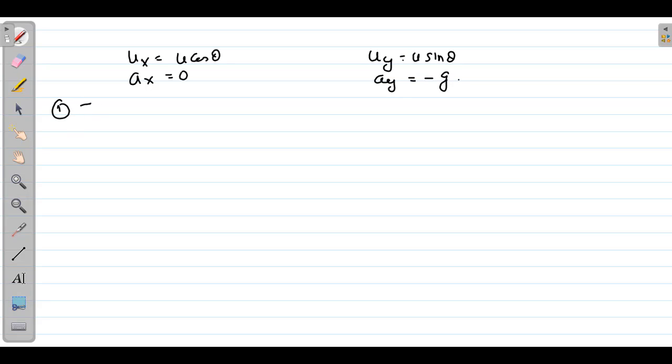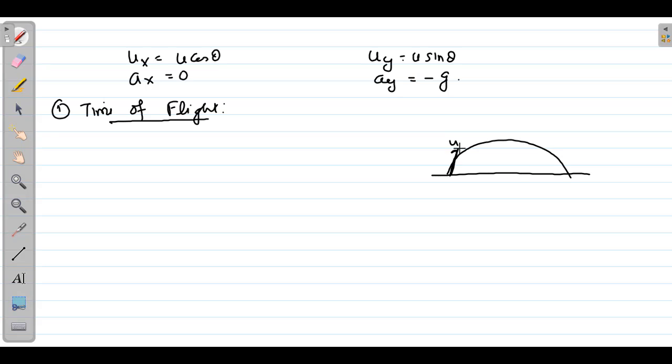So first we have to find the time of flight. That means how much time the projectile remains in air. This was the projectile motion thrown with u at an angle theta. It reached here